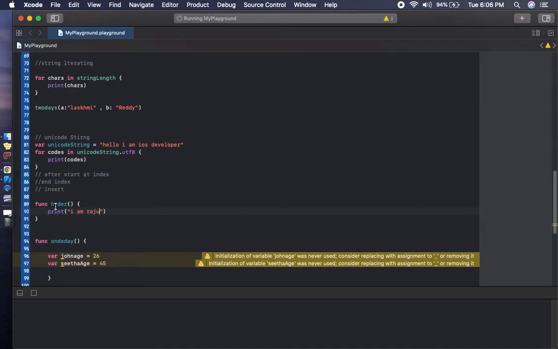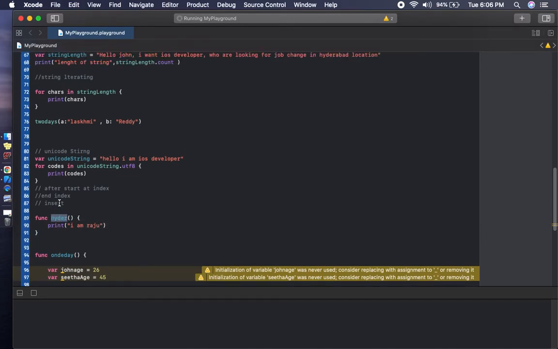Then we call the function. We basically use functions for reusability purposes.